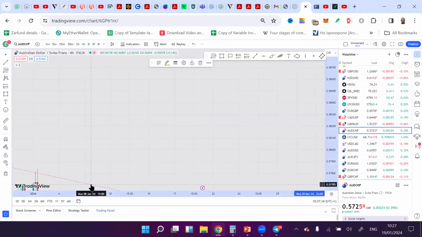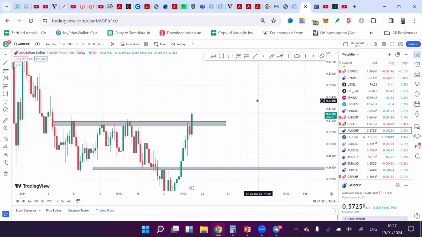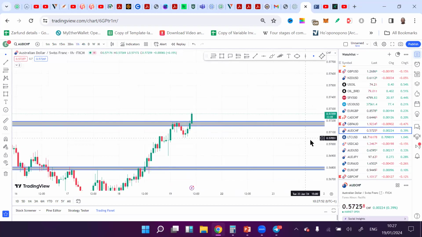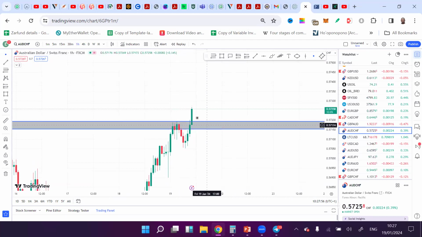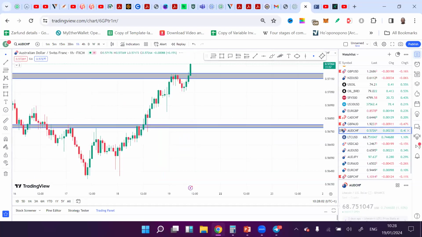And because it's breaking out of a resistance zone, we are going to allow it to break out first. Once it breaks out of here, let's say in another 30 minutes or so, by 11 o'clock, we should see what AUDCHF is doing. And then that will give us a clear picture as to what we should be doing as well. Okay. Very likely we will be seeing a buy somewhere around here. So, but of course we need to, okay, let's mark that one, make sure that that's a